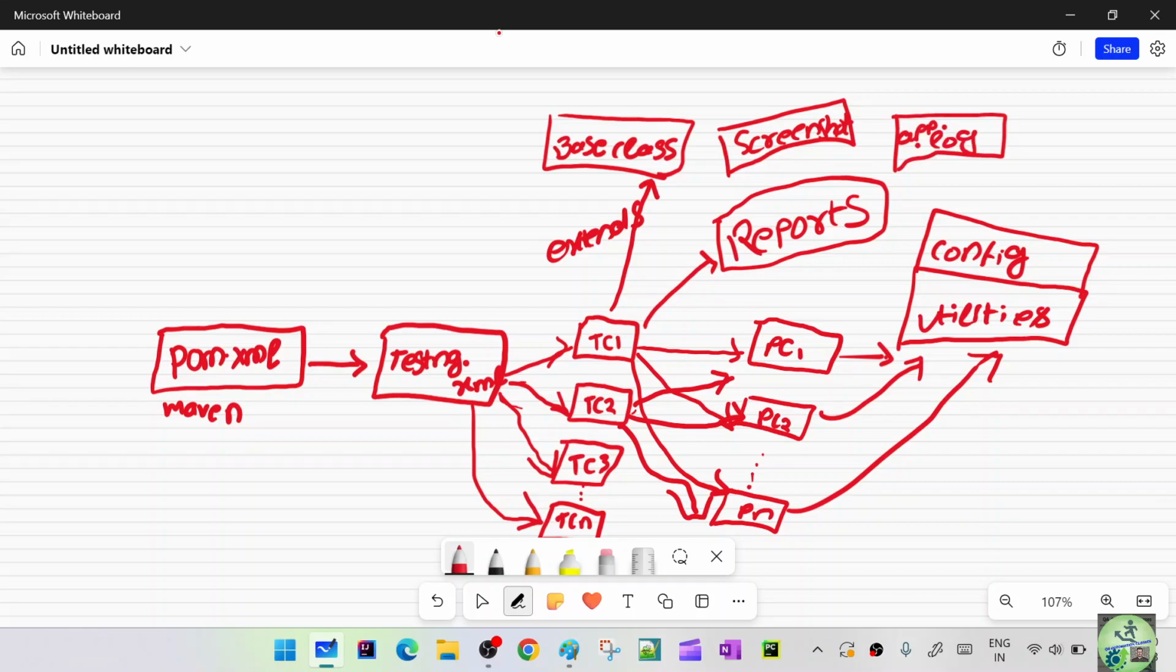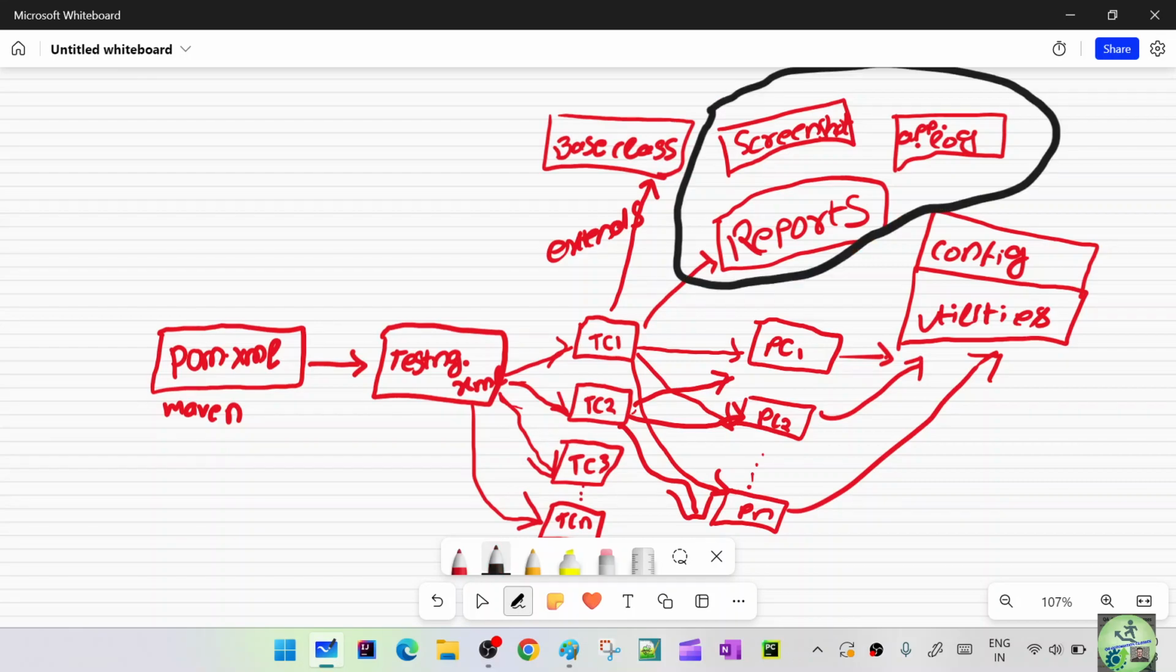If you see, let me take a different color now. Screenshots, your reports and your log are the output. After the execution these files will get created. So this is the entire framework architecture, guys. Apart from this, in the next session we'll start creating the